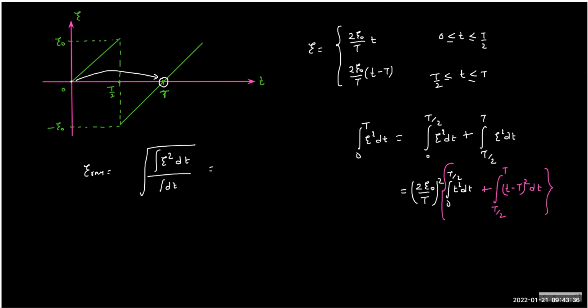Now it's your job to do the integration, but okay, I know I need to do this anyway. So if you integrate it, it is t cube by 3. And this is again